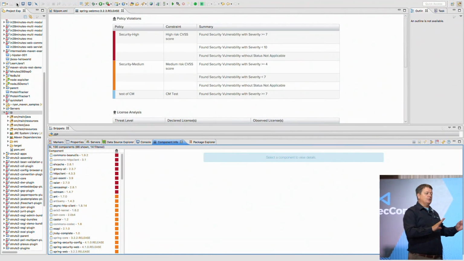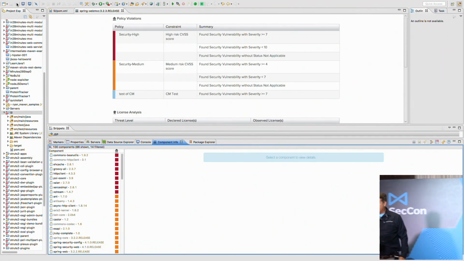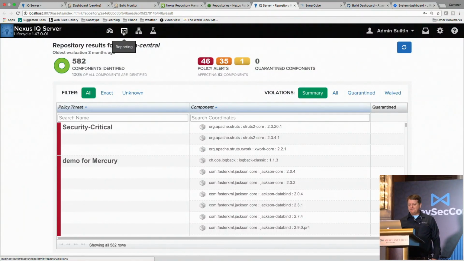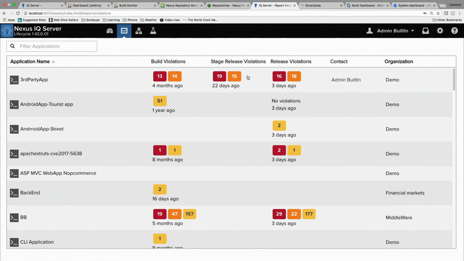This is a developer's view of the world. Not all of us here are developers. Some of us are security people. And we don't go into the IDE. We just look at a report of the whole organization, the whole bank, whole insurance company. And that's what this view is here. This is listing all of the applications that we have that we've scanned in our organization with a listing of all the most recent exploits that have been found in it.